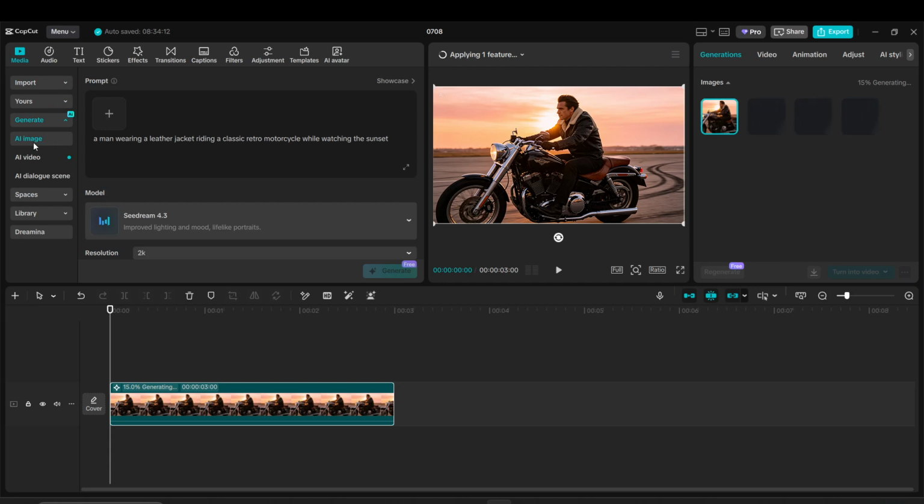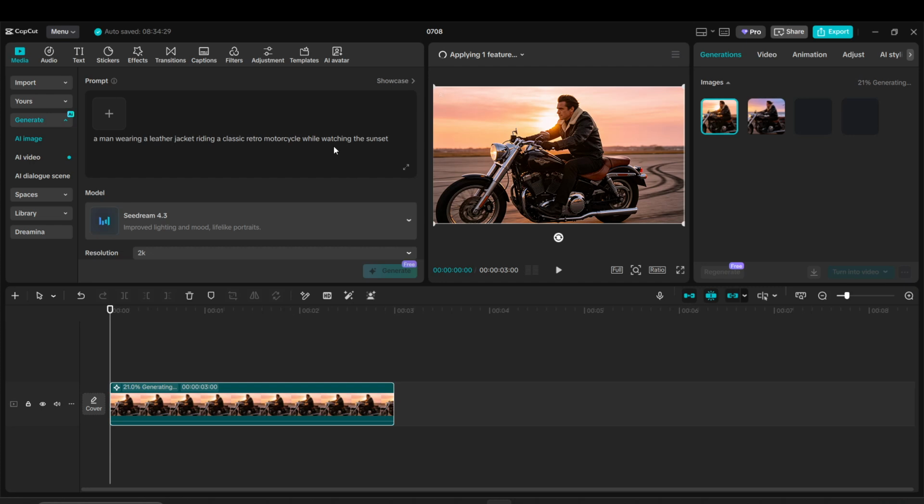Once that window opens, move your cursor down to the prompt box at the bottom of the screen. Click inside the field and type your image description in as much useful detail as possible. This is the part that guides the AI, so the more specific your wording is, the better your image usually turns out. For example, rather than entering something simple like a desk, try a fuller description such as a sleek modern desk with vibrant blue neon accents, professional lighting, crisp digital art style. Descriptive keywords help the AI understand the subject, mood, lighting, and visual style you want, which often leads to cleaner